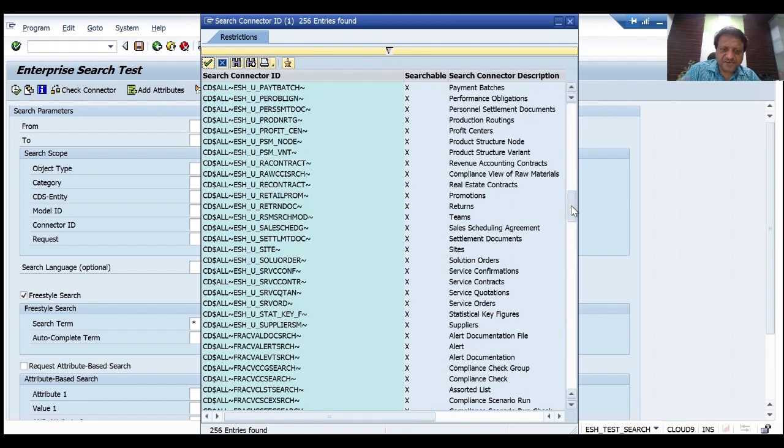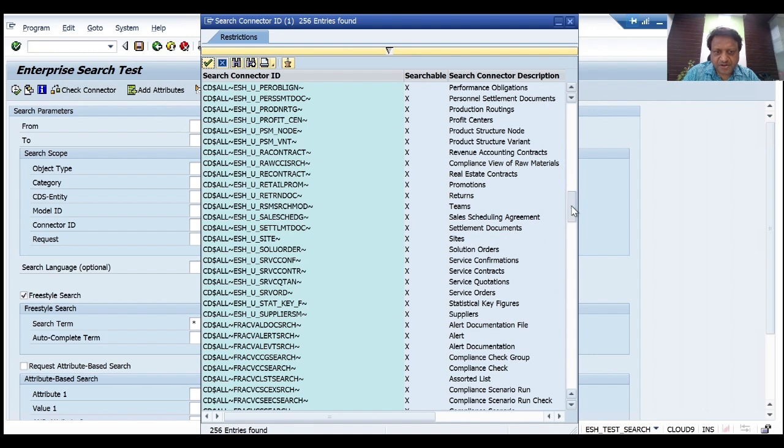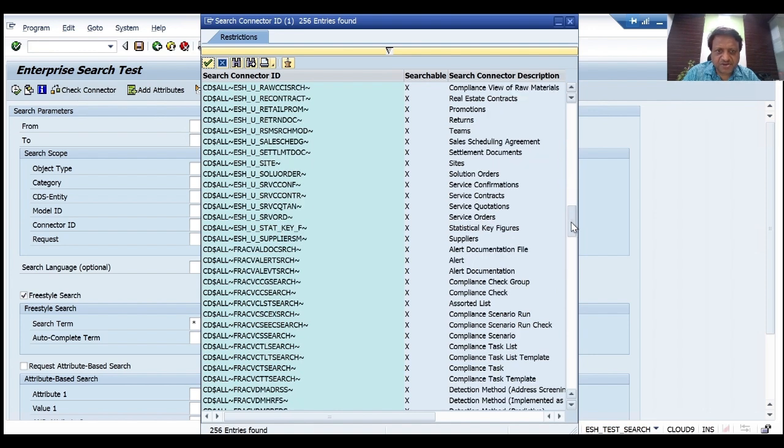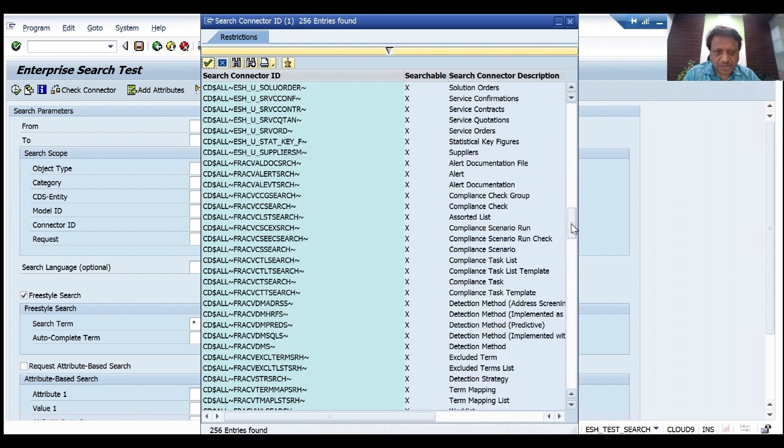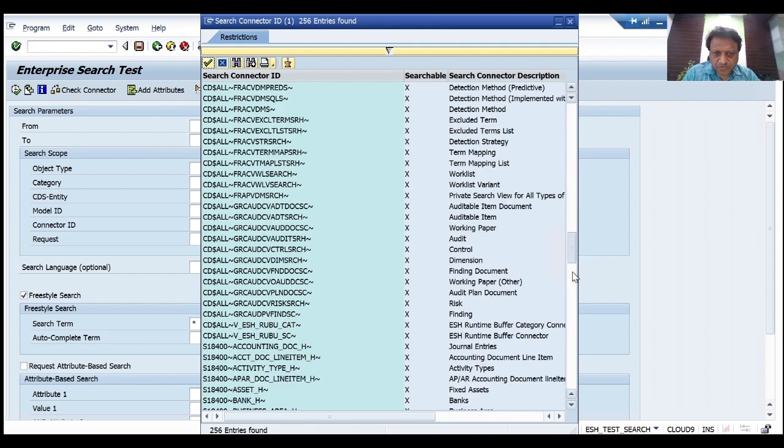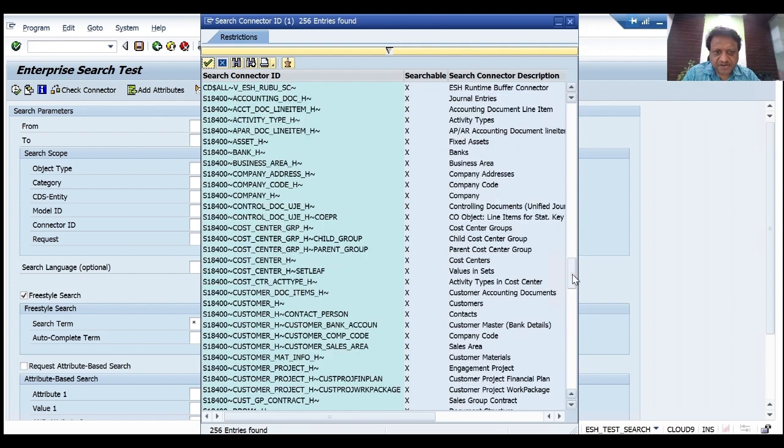So the same discussion we did for material, but then it is equally relevant for the other models as well. So these are all different search connectors for different objects like bank keys, customers, contacts, company code,